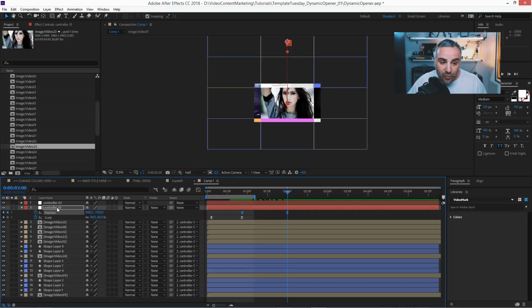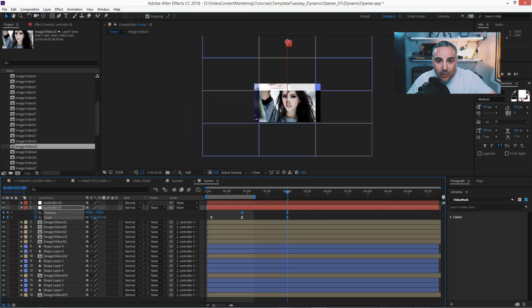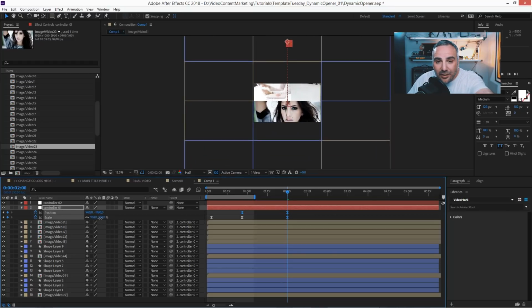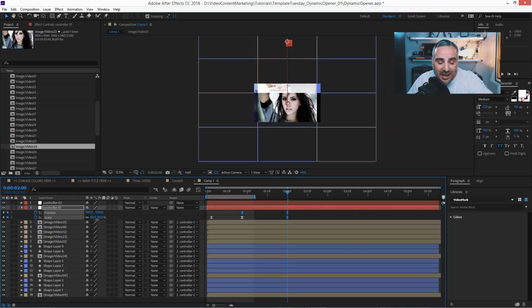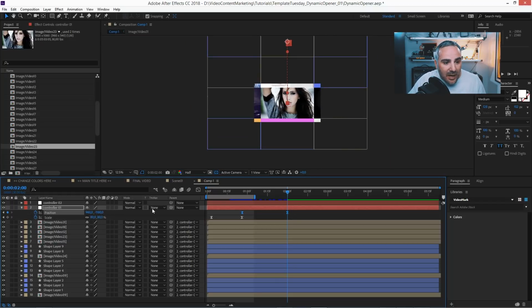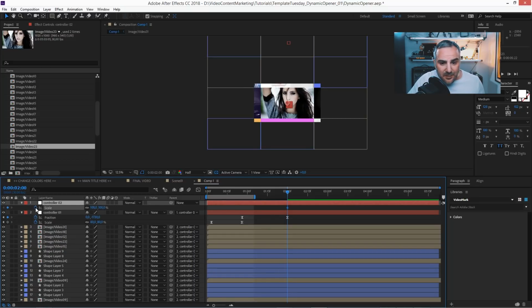And now the last thing that we want to do, we want to scale things, but now when we scale controller 1, it will take the pivot of the controller that is not sitting exactly on this image. So that's why we introduced the second controller here. And of course, controller 1 should move along. And here in controller 2, let's bring in the scale value at this position, set a keyframe, or hang on,